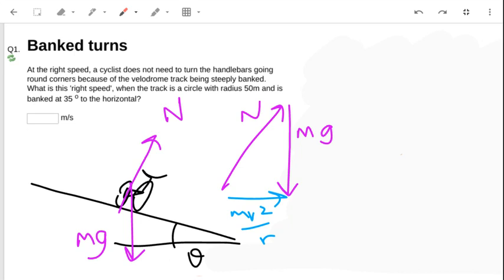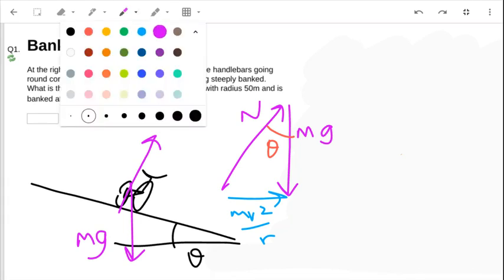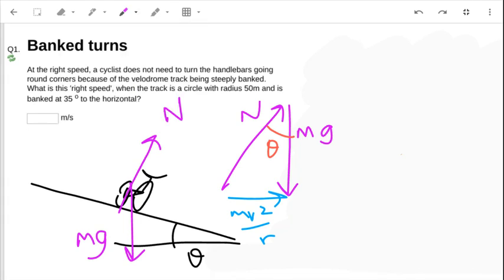The way I drew my triangle with a small angle helps me to figure out that this must be the angle theta and not this one, which is quite big. It's a bit of a lazy way of doing it, but it seems to work. And now I can write down a little bit of trig. So ignoring N and using tan,